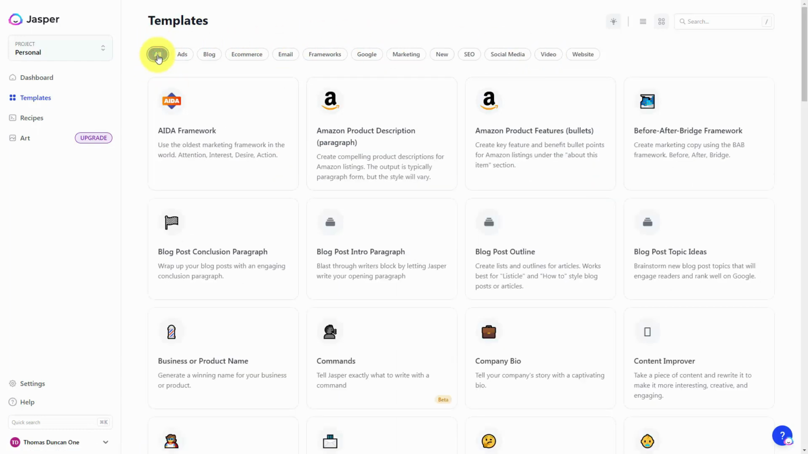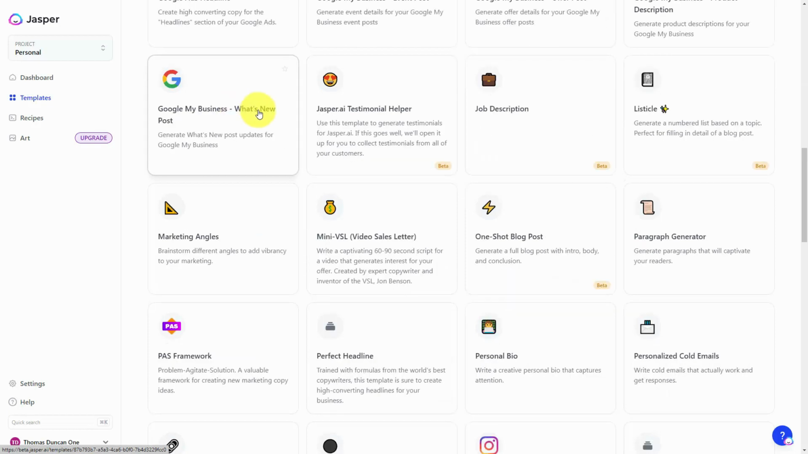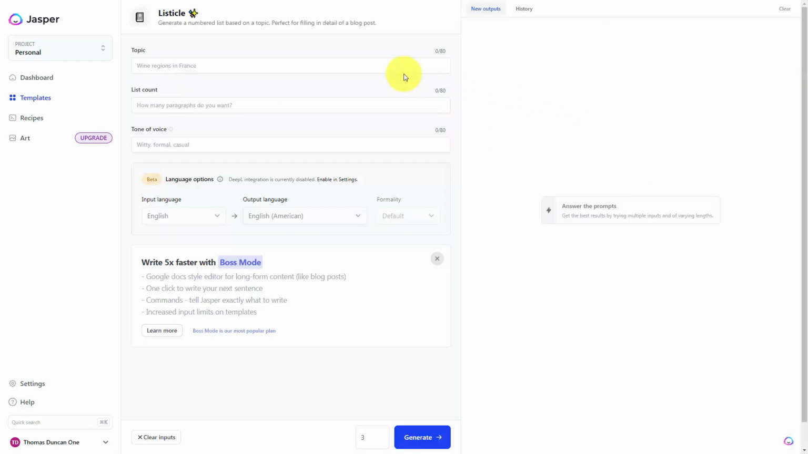And these templates form the basis of the patterns you're going to use in order to create content with Jasper. You can familiarize yourself with the AI by using these templates. Now, each of the templates has a different pattern of input that you will need to add. For example, assuming that you are going to use the listicle,